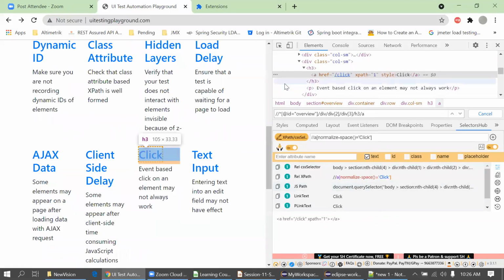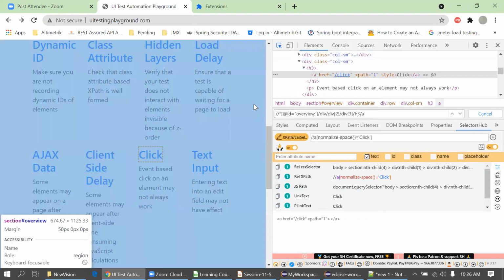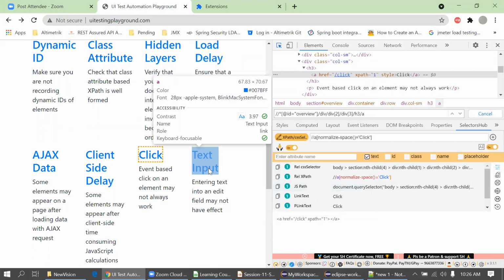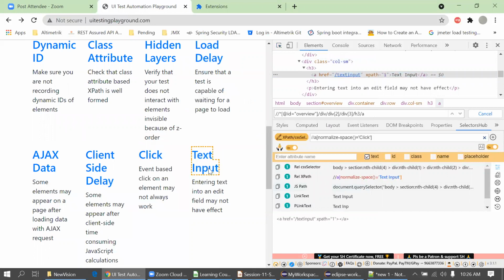Okay, so we have installed SelectorsHub now. I will simply click on this option, select element in the page to inspect it. Just click it here, and then select the element for which you want to create an XPath. I will go for the text input now. It will simply create an XPath for me. I have not done anything. It will automatically create it for me, and it shows the relative XPath and all these things.